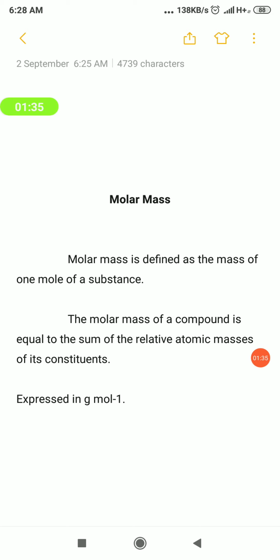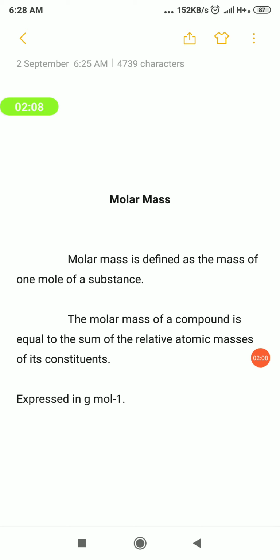Then how can we find this molar mass? It's very easy. In the last class I gave you an evaluate yourself to calculate the mass of certain molecules, C2H5OH, glucose, KMnO4, and so on. In the same way, if you want to find the molar mass of a molecule, first you have to find the atomic masses of the atoms present in that molecule, and then by adding those atomic masses, you will get the molar mass.